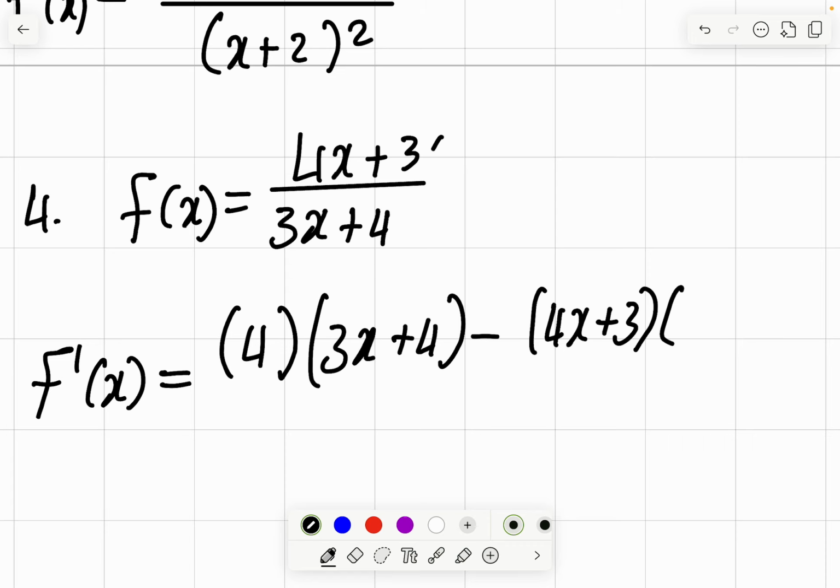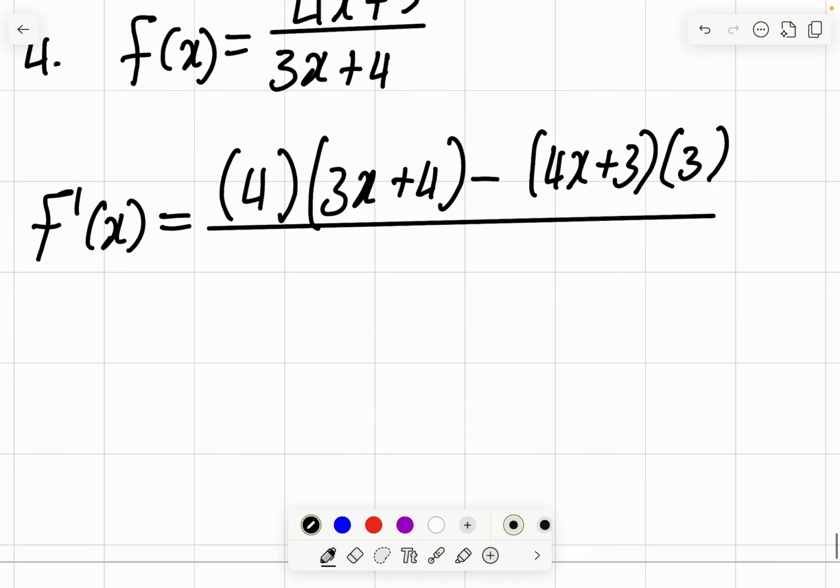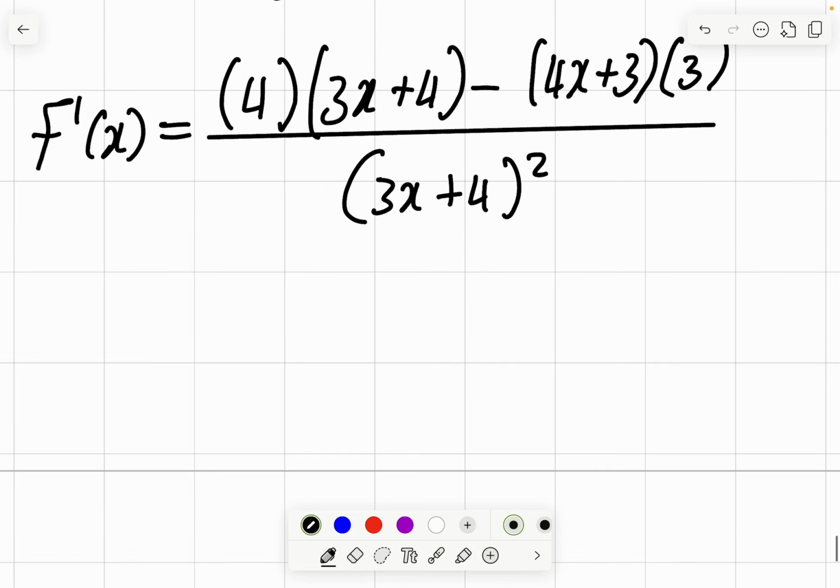I say subtract. I keep the one in the numerator, which is the f of x. Therefore, I derive the one in the denominator. The derivative of 3x is 3. Derivative of 4 is 0. Derivative of any constant is 0, right? And the derivative of 0 is 0. Understand? So I square whatever is in the denominator only. Understand? Meaning I'm going to remain with 3